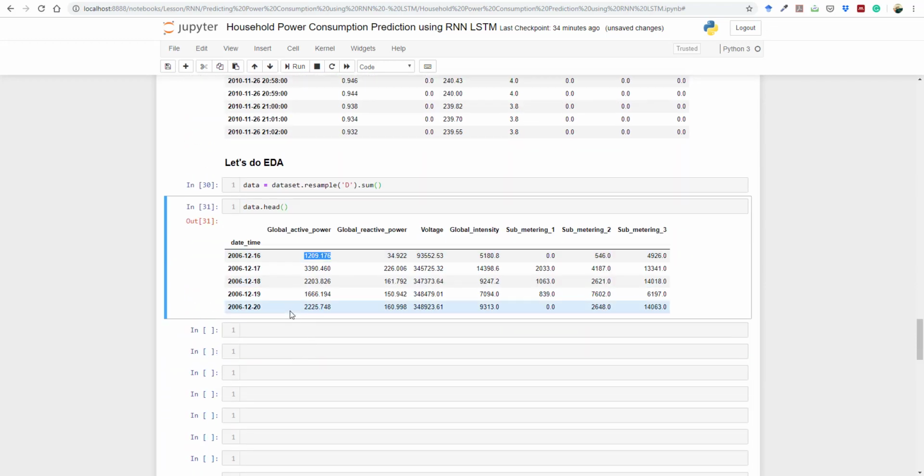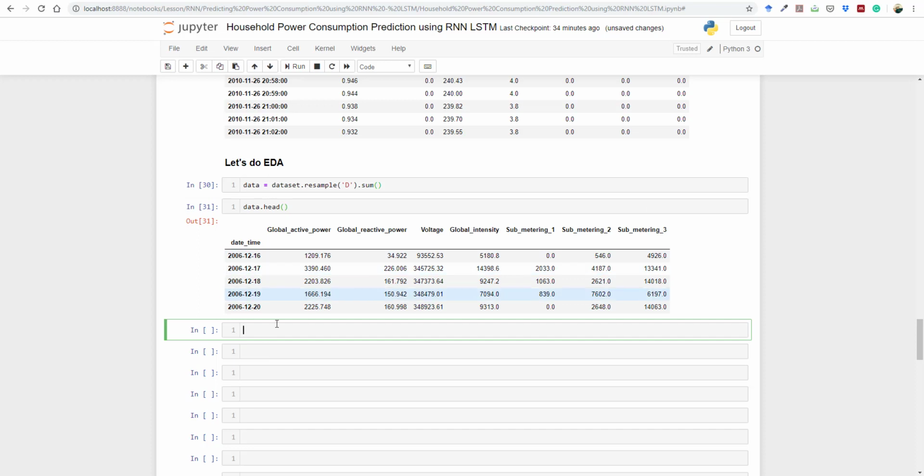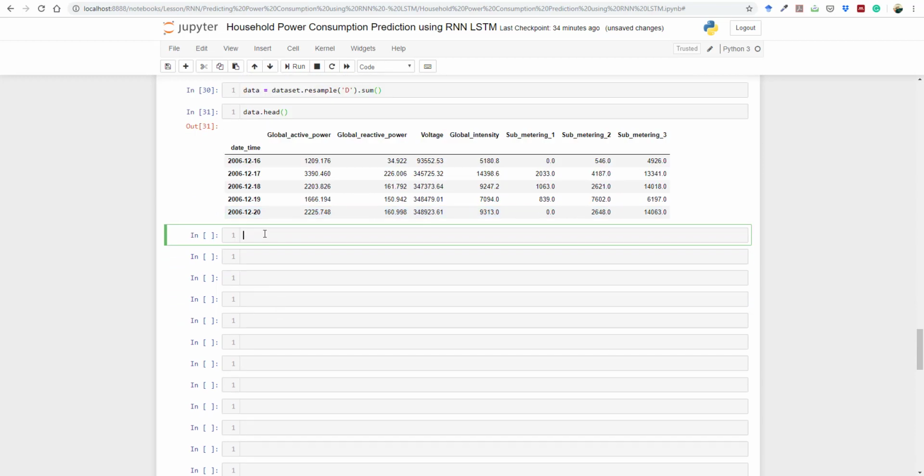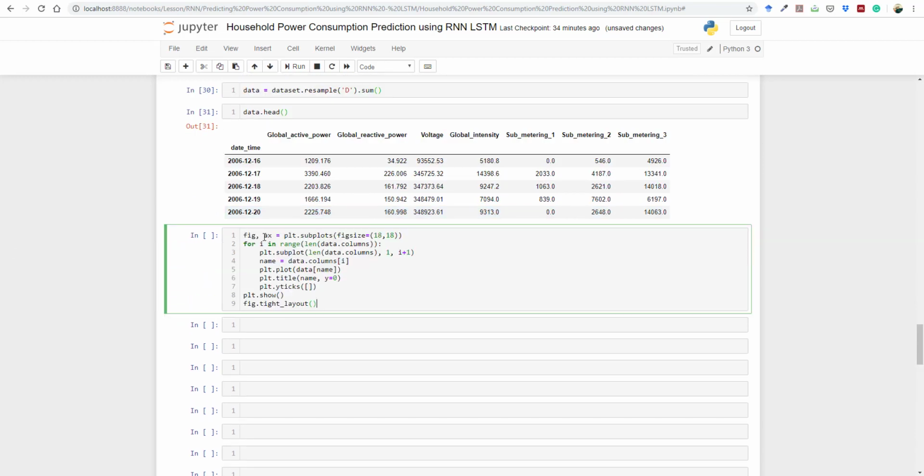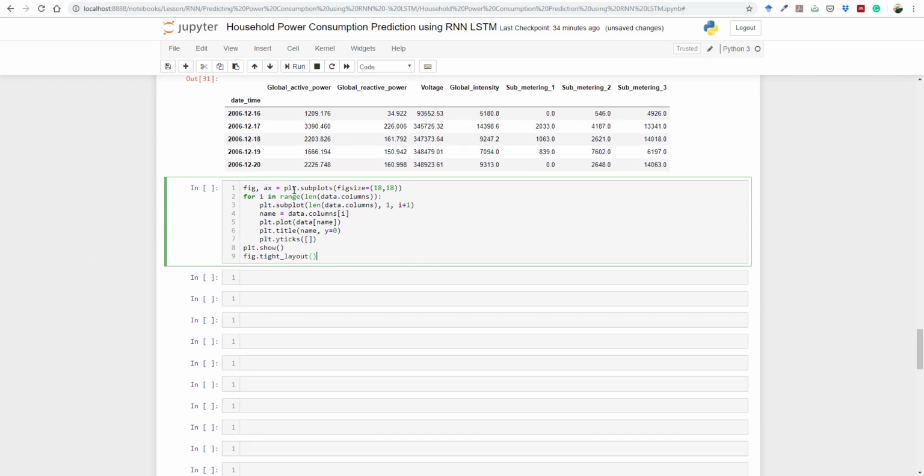Now after this, we are going to plot this data for each year, I mean for the full year, these features we are going to plot. I have already written the code for that, and I'll explain that code. Let me copy and paste that code here. So you see here,